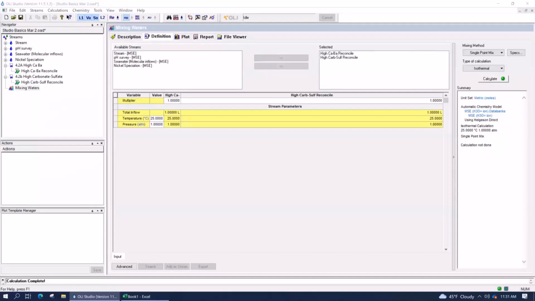Now, the mixer object is pretty cool. The mixer object has a lot of feature functions. First of all, when you use the mixer, you have the ability to set the output temperature and pressure in that mixer. So the mixer doesn't just have to be an adiabatic mixer.